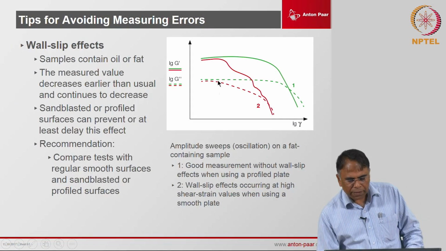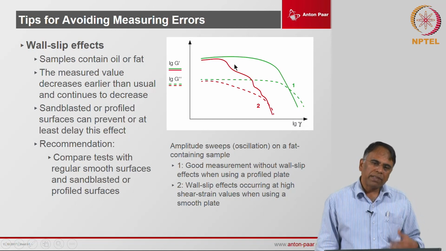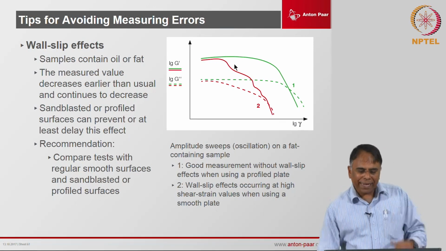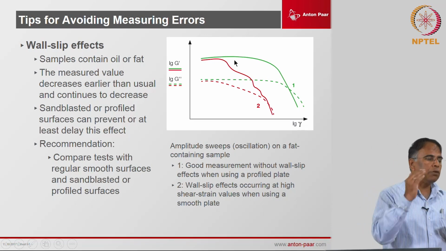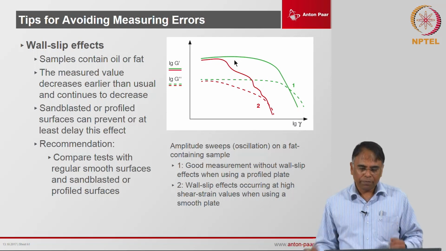So, these are typical examples of wall slip. When you do a simple amplitude sweep, you can see these steps like this, which generally occur due to the slippage. If you have the facility to also record the waveforms, you will see that when the slippage is happening, the strains are actually becoming non-sinusoidal. You are actually introducing more harmonics into these waveforms, okay.